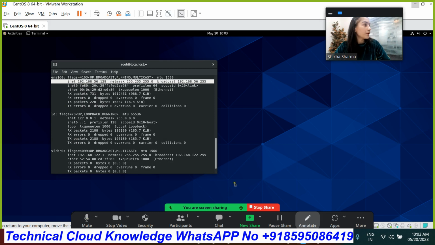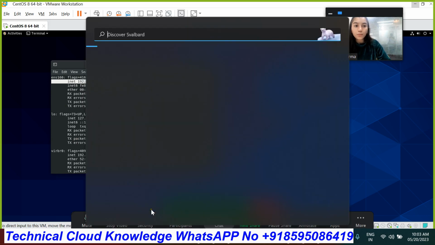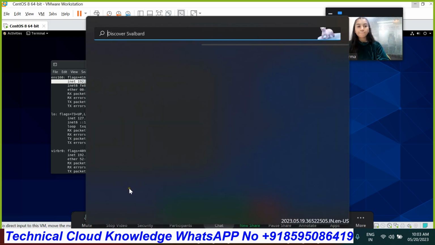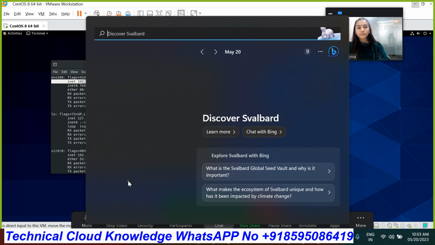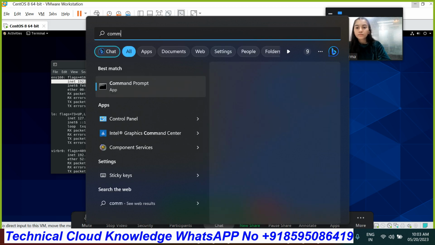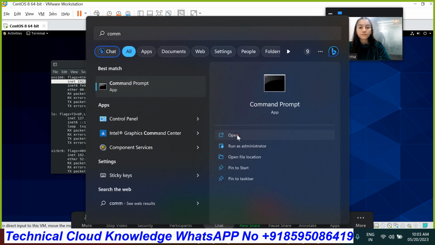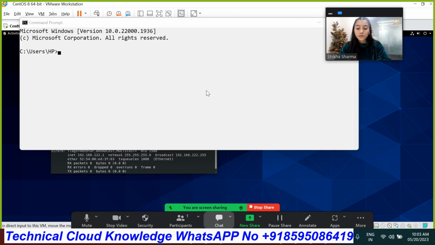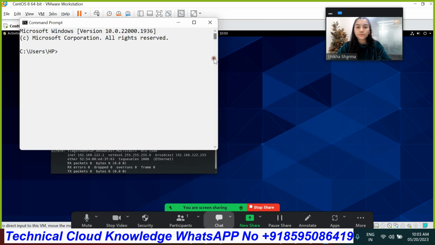Open the command prompt. Let's minimize its screen first.